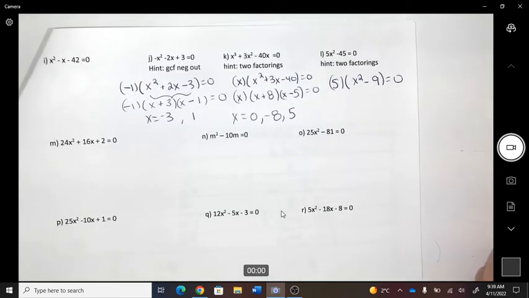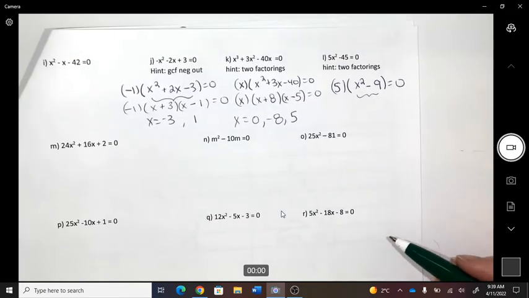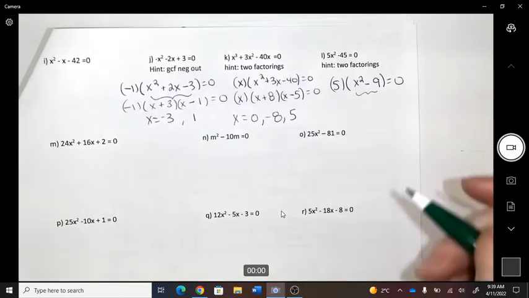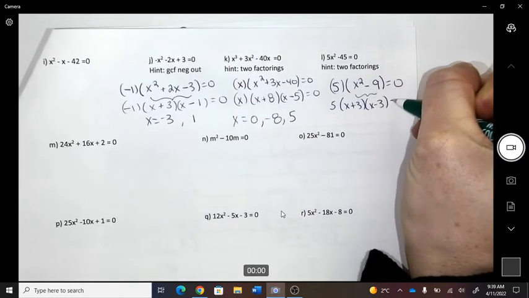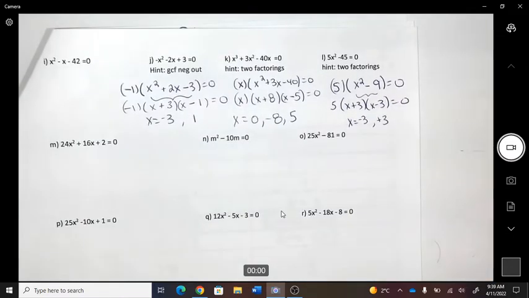So that was one type of factoring. I GCF'd it. Now I got to factor that. So now I have a what style? Difference of squares. Okay,